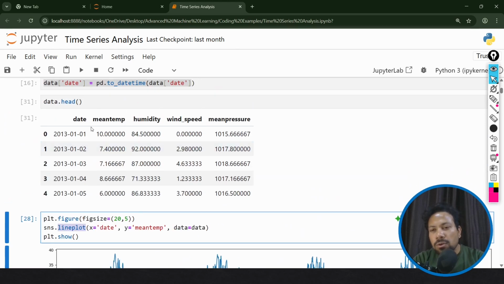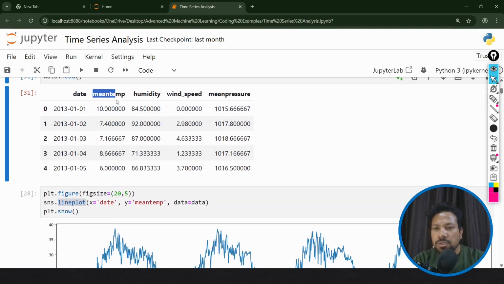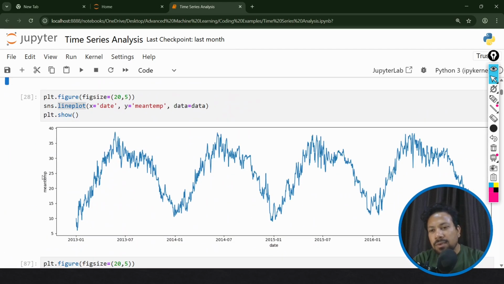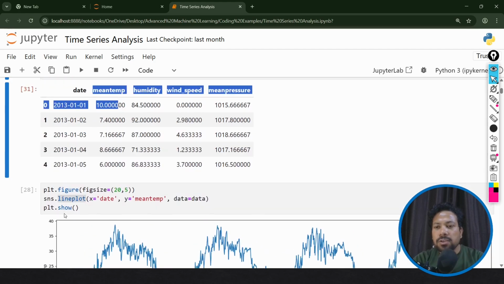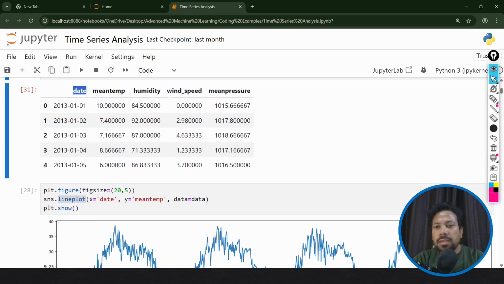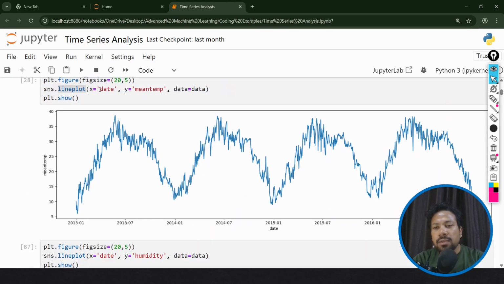I have just drawn a time series data for mean temperature here. As you can clearly see, the y-axis contains the mean temperature and the x-axis contains the date. So I just want to track here how the temperature is behaving throughout different years. Okay, as I draw a line plot between the date and the mean temperature, I get to know that the